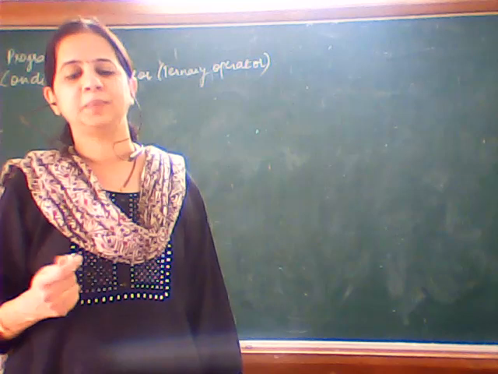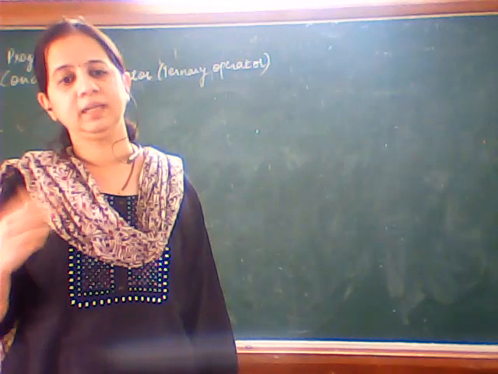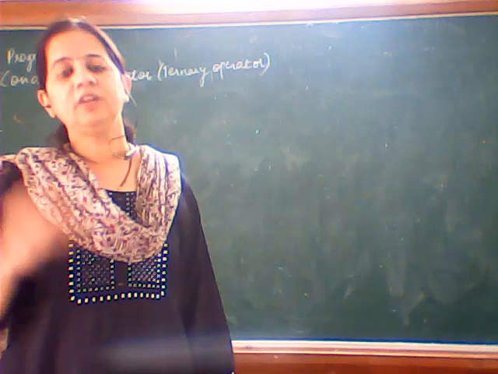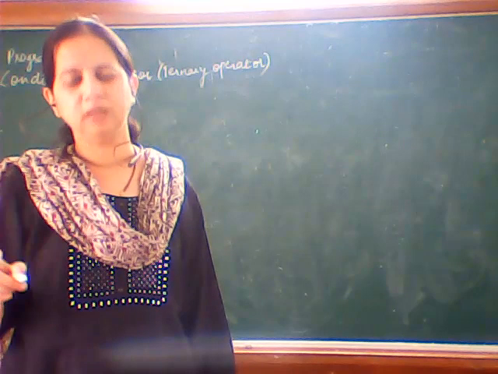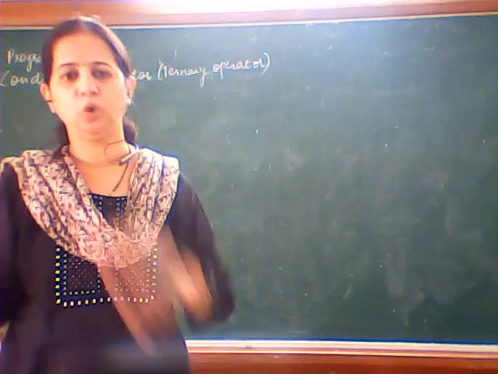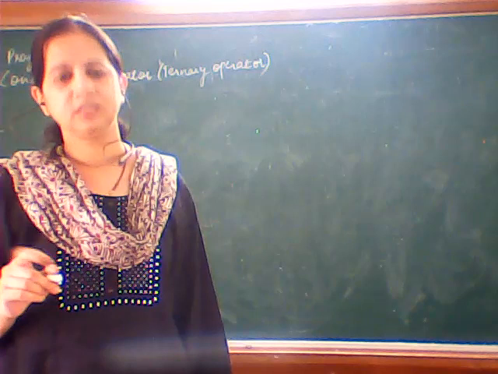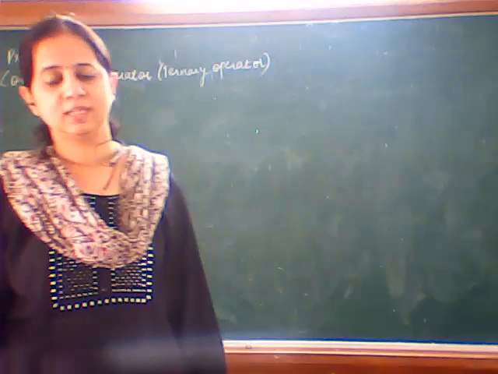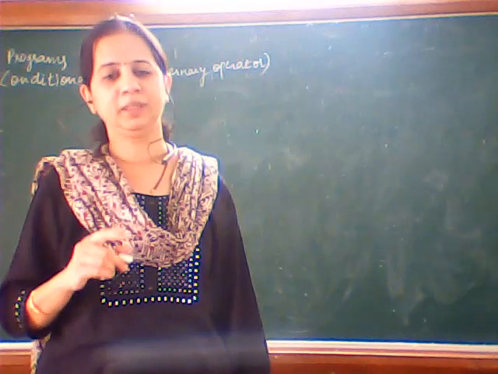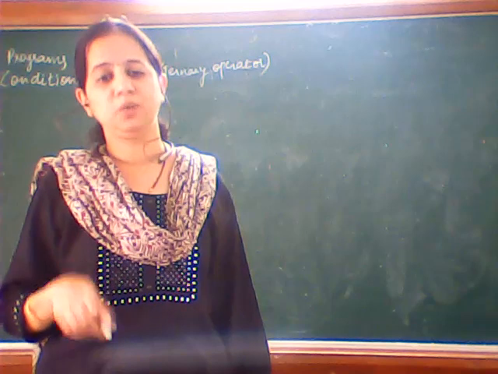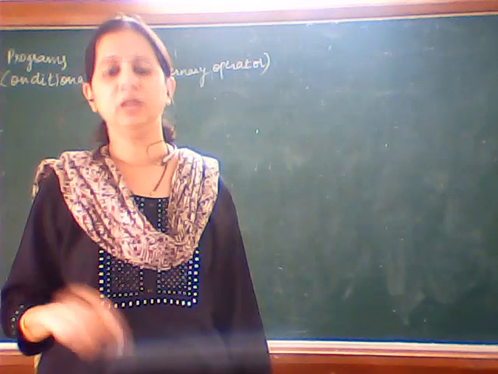Now sometime back I had explained the syntax of the conditional operator, and I had also told you how it can be used and how it works. Whenever we use conditional operator, there are 3 expressions: expression 1, question mark, expression 2, colon, and then expression 3. So expression 1 is evaluated first. If it is true, then expression 2 is evaluated and that becomes the value of that particular expression. Otherwise, if expression 1 is false, then expression 3 is evaluated and that becomes the value of the conditional operator.